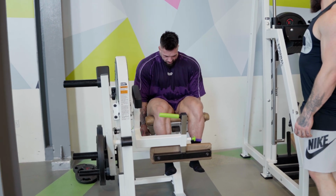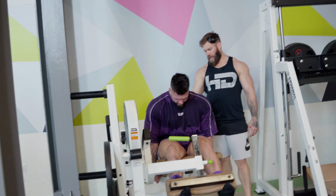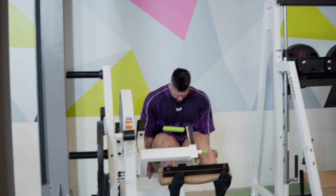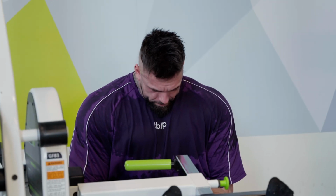Reach through. There you go. So you're still hinging a bit at the back, good. That's it. Now in through the nose, and I want you to breathe in between the shoulder blades. So on the eccentric, I want you to...